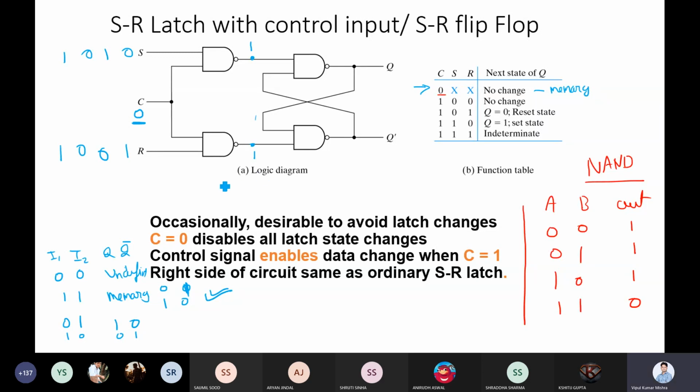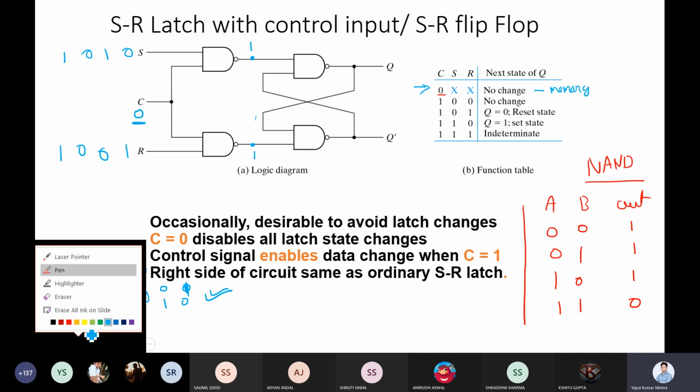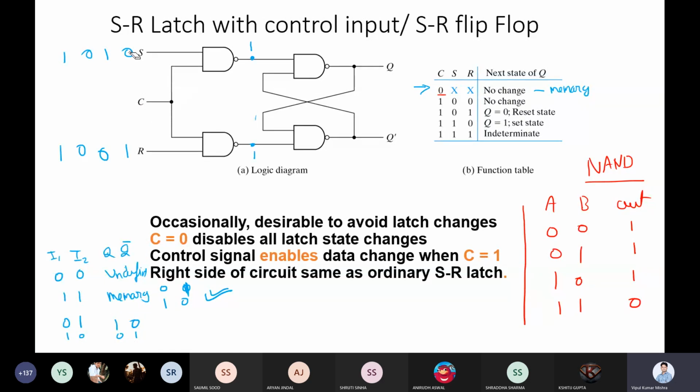Okay. Now let me take the clock value high, right? So let me take here, instead of 0, let me take clock value is high. So I'm saying now clock is high. Now let's look into this value, because this value will not modify because you already set the inputs. So 0 and 1, you will get 1. 1 and 1, you will get 0. So it means we have value 1 and 0 in hand. If you have 1 and 0, what will be the value of q and q bar? It will be 0 and 1.